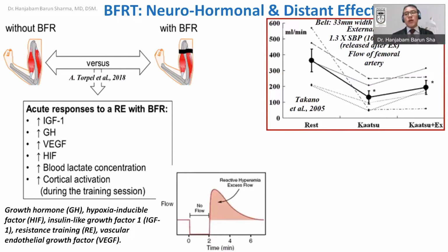Another point one has to understand is the blood flow, whether you use BFR or not. In case of the BFR, how much is the blood flow reduction? Normally, if you see in this graph, the y-axis is the blood flow in ml per minute, and the x-axis has different conditions like resting condition. The blood flow is here, but when you apply the Kaatsu, that is the restriction occlusion band, there is a statistically significant reduction in the blood flow,